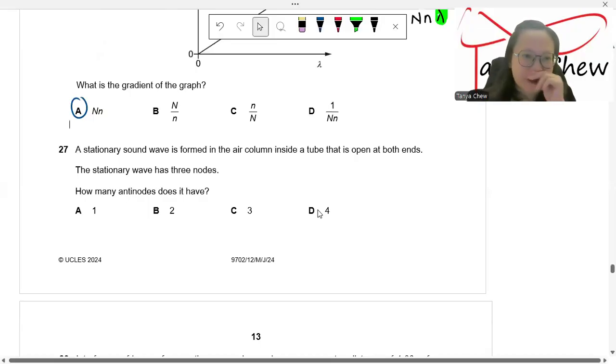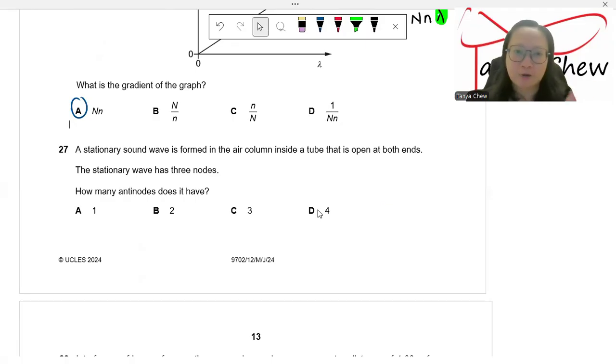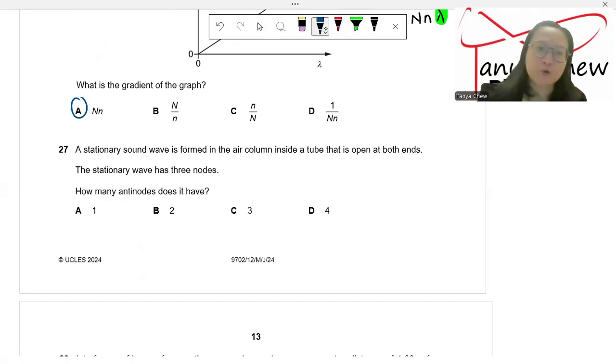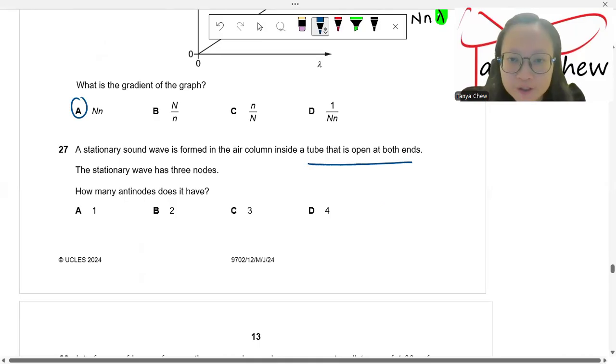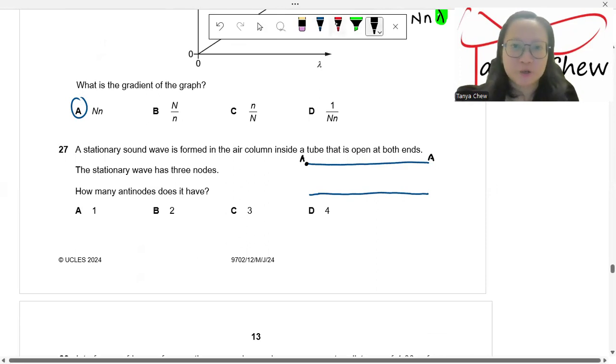Question number 27. A stationary sound wave is formed in the air column inside a tube that is open at both ends. The stationary wave has 3 nodes. How many antinodes does it have? I would draw, this is a tube open at both ends. Bear in mind, the rules are the open ends must be antinodes. So since there are 3 nodes, I would draw 1,